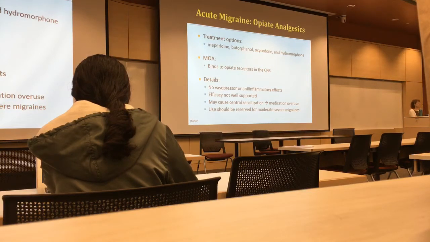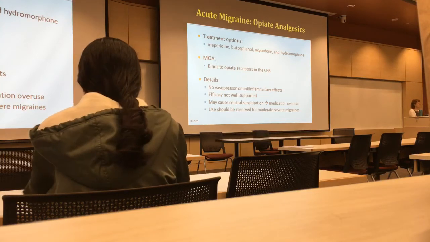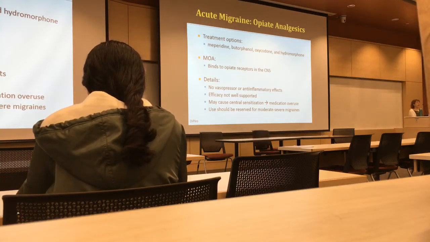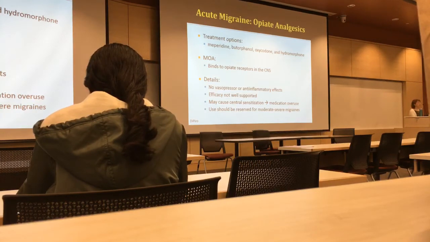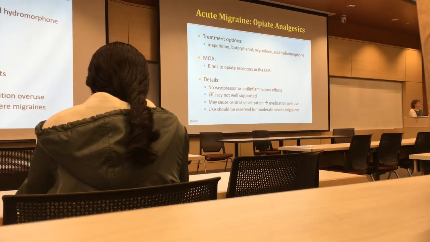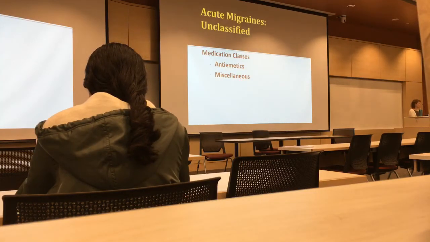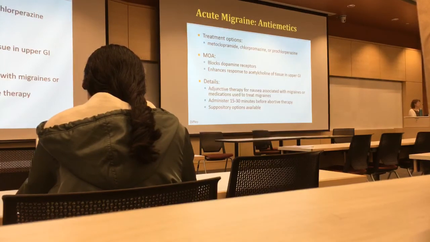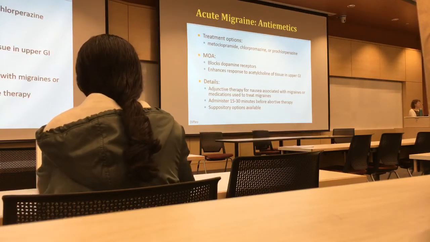So in terms of opioids, we use these as last resort. They are good for people that are pregnant and can't take the triptans or the ergots, but we usually try to avoid these agents. So we have the antiemetics and miscellaneous drugs that we can use. The metoclopramide, chlorpromazine,